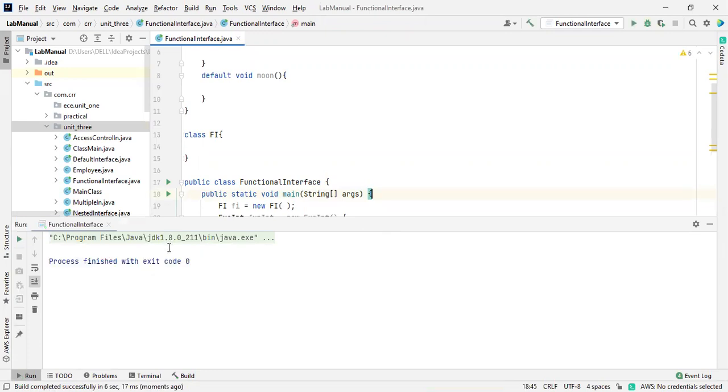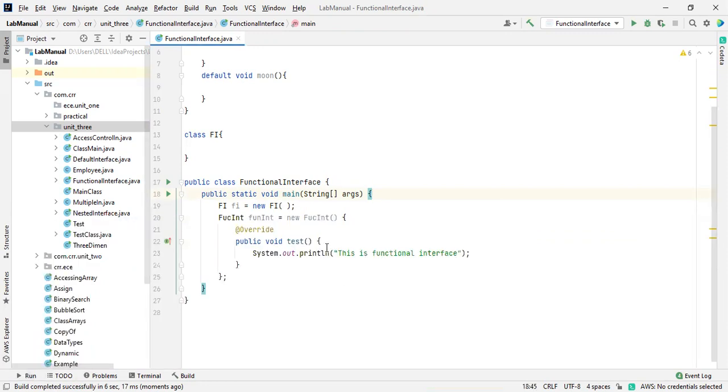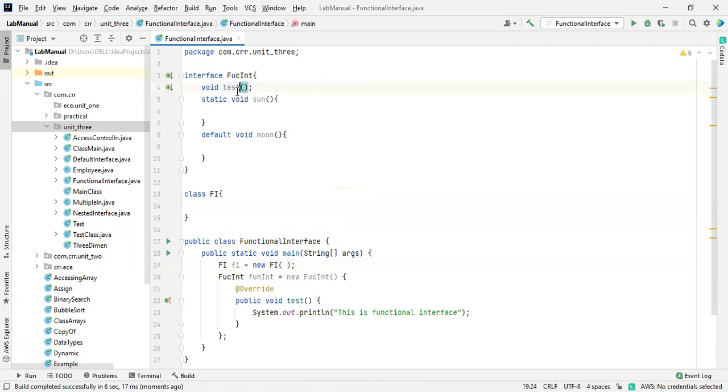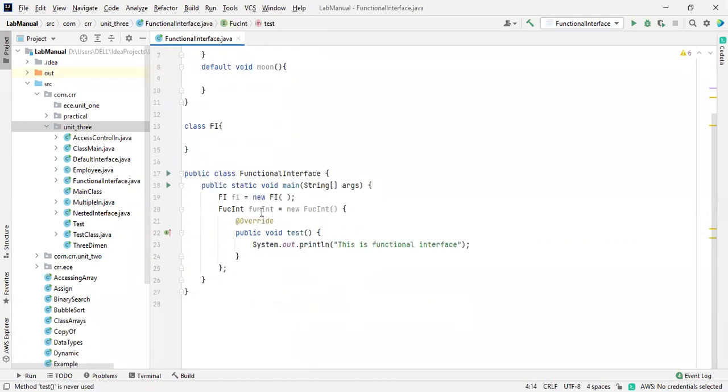Why is it not showing? You just have to remember this one thing. We created an object. If you want to access the particular method, what we discussed in the previous class, we use this as a reference, then only this will be called. Instead of that, it is not possible.